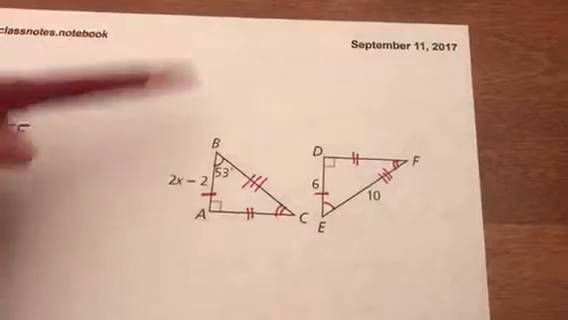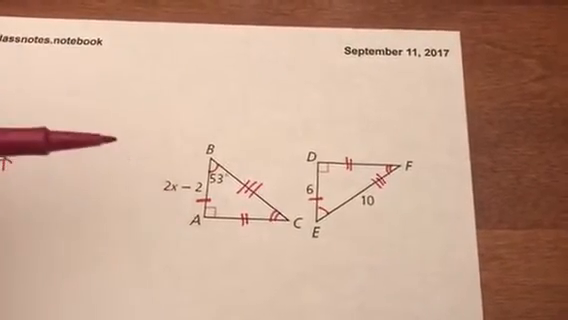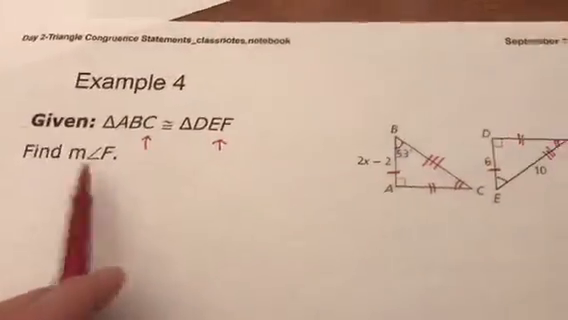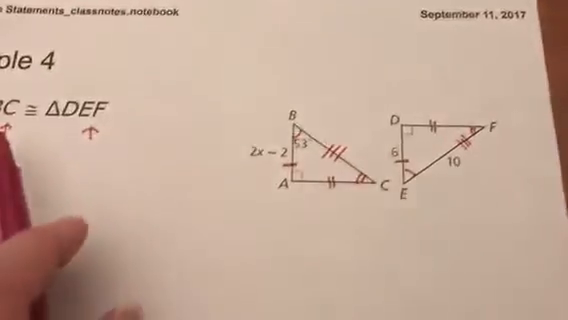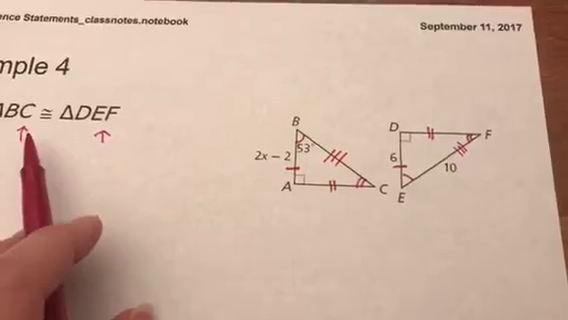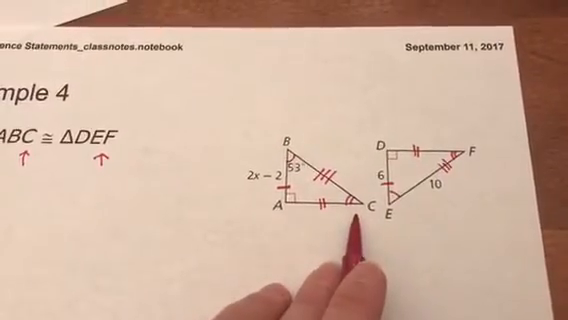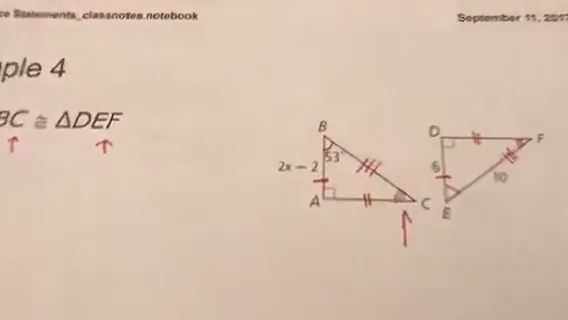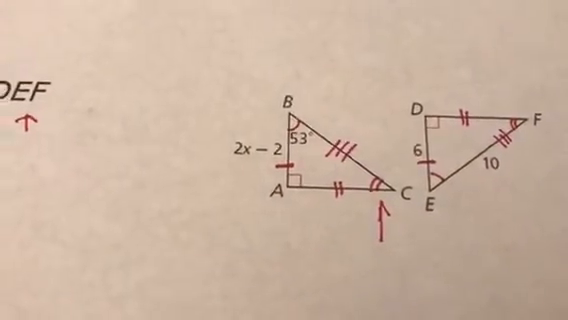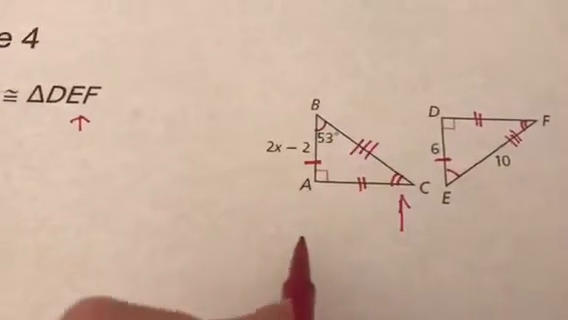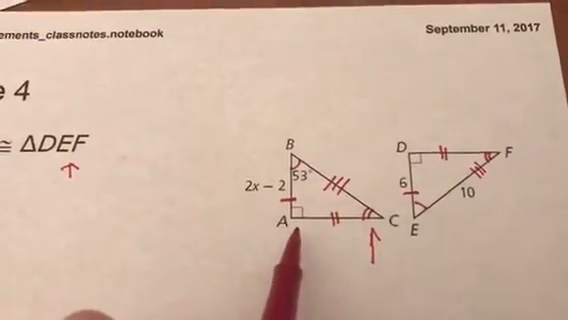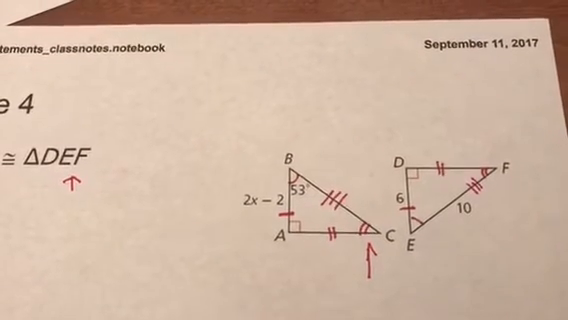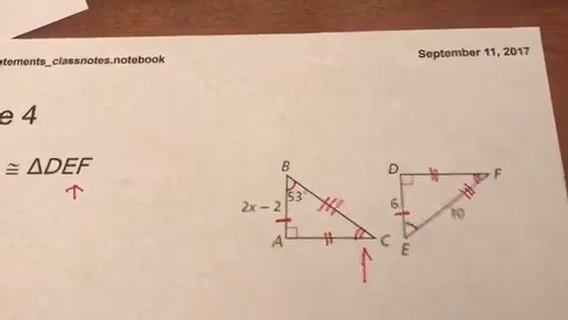So in this problem, the side length here is a distractor. You don't need any of these side lengths to find the measure of angle F. All that I need to know is angle F is congruent to angle C. So if I can figure out what angle C is, then I know the measure of angle F. Well, measure of angle C, I know from the triangle sum theorem that since A is 90 degrees and B is 53 degrees,